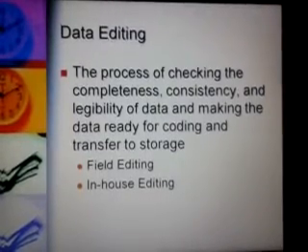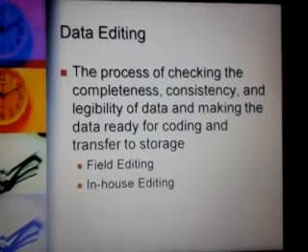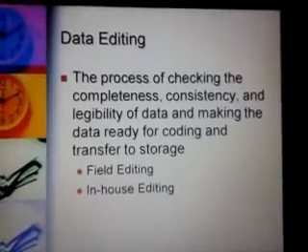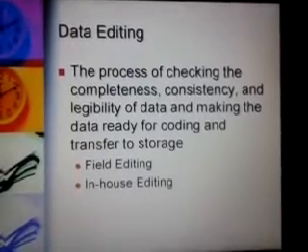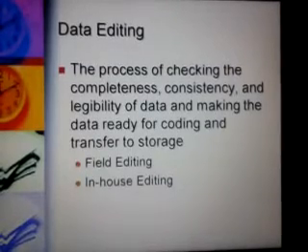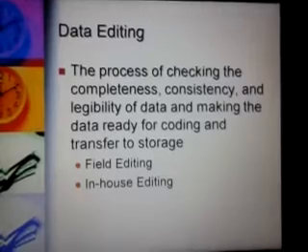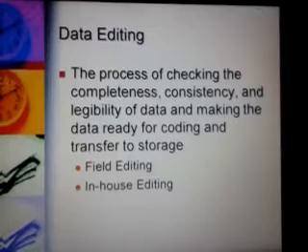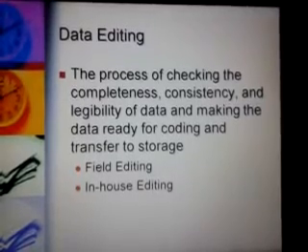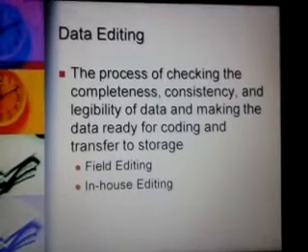Sometimes the researchers define a rule, okay, if any question is unanswered, then perhaps we may give it a don't know response or a fixed response that is pre-decided by the researcher. So when the data is incomplete, data editing helps the researcher here, or it is the process in which the researcher completes the data.